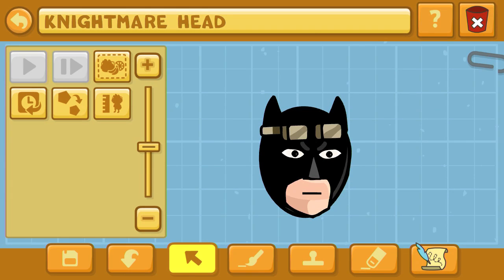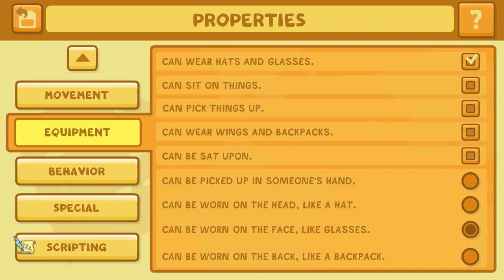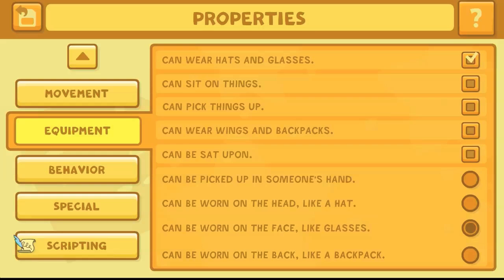So the reason that you would create a head and a body separately in this game is if you don't have enough stamp space, which is very likely when you get into detailed character design like these. And so if you ever do that, you want to be sure that your head object is scripted like this. Go down to the properties editor, and in the equipment tab, that third circle down, kind of at the bottom half of the screen, so I guess it's second from the bottom we should say,